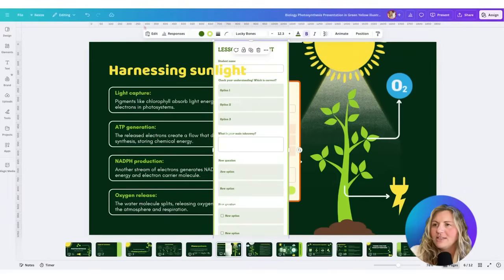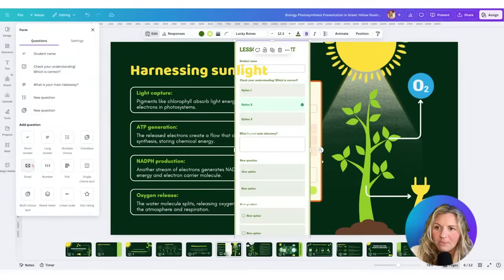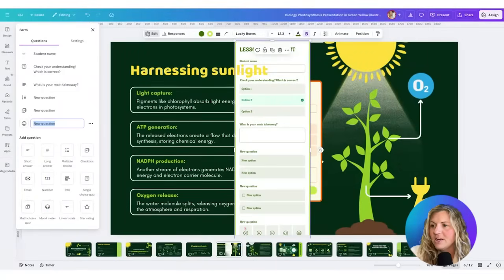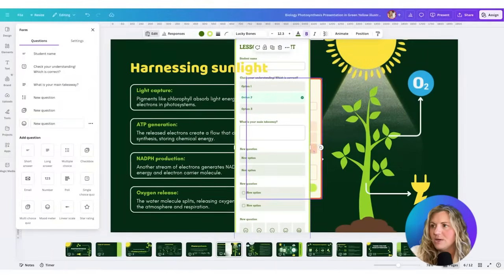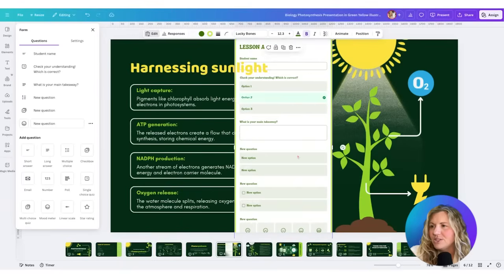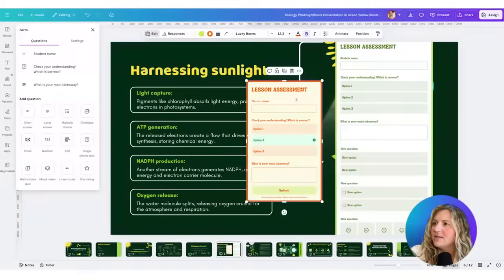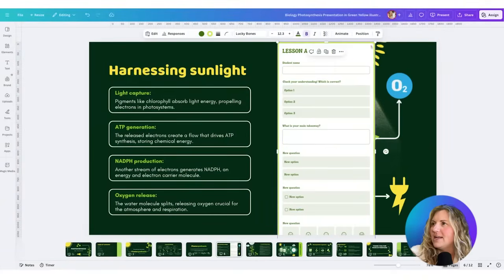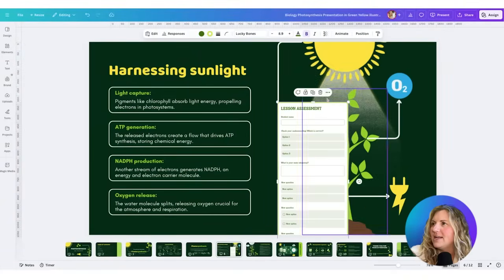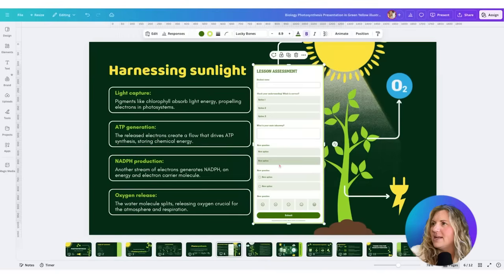And then each one of these are now editable fields. You can add numbers, you can have multiple choice questions, you can have a mood meter if you want in here. And you'll see here that you're able to just adjust. Let's remove this one. We'll go ahead and adjust these. And the best part about this is, we have our name, we have our questions that we populated here,